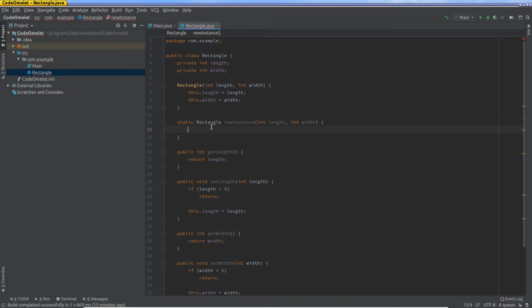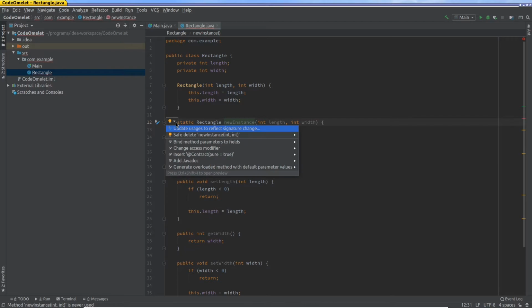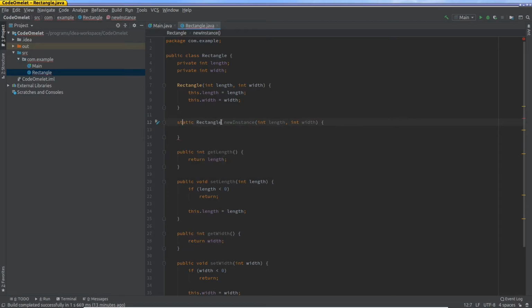So first, let's flesh this out. This function, looking at the header, is a static function, which means it's namespaced. We'll get to what that means when we call it. This function takes a length and a width and returns a new object of a rectangle, right? So simple, just say return new rectangle length, comma, width. Okay, now when you want to call this function,